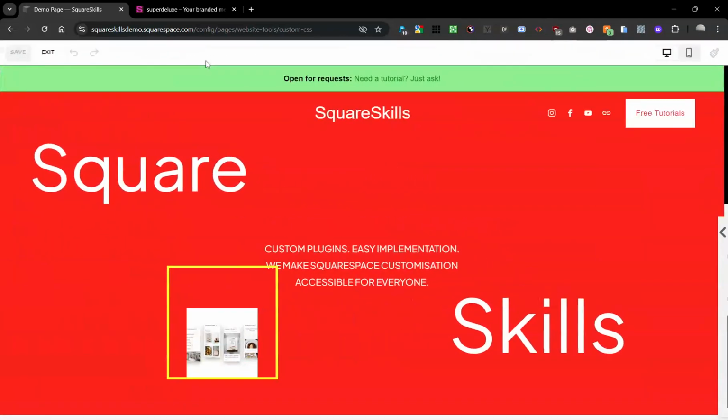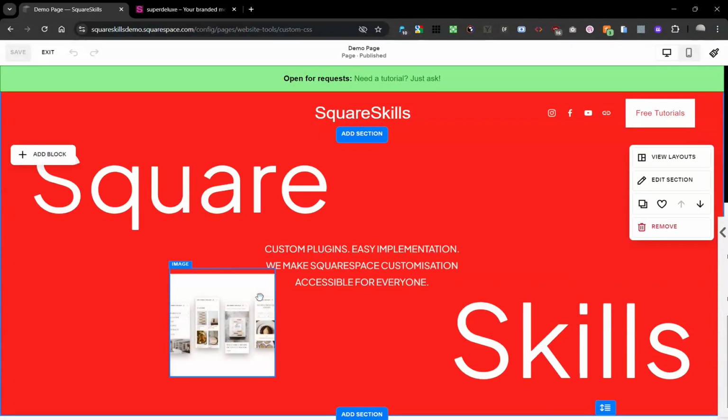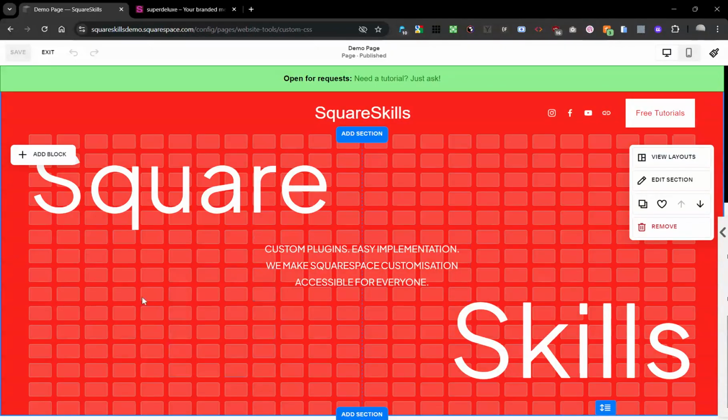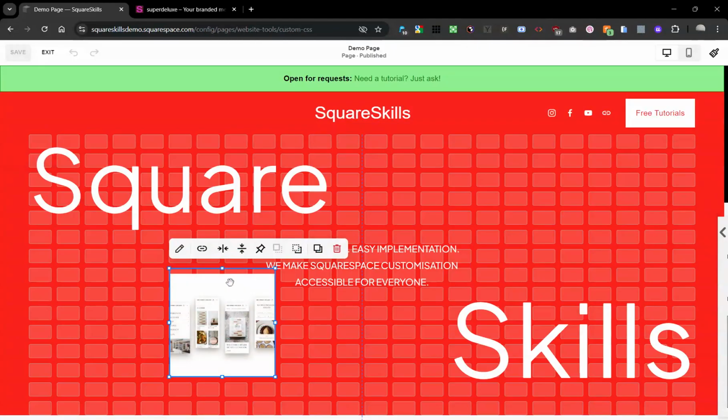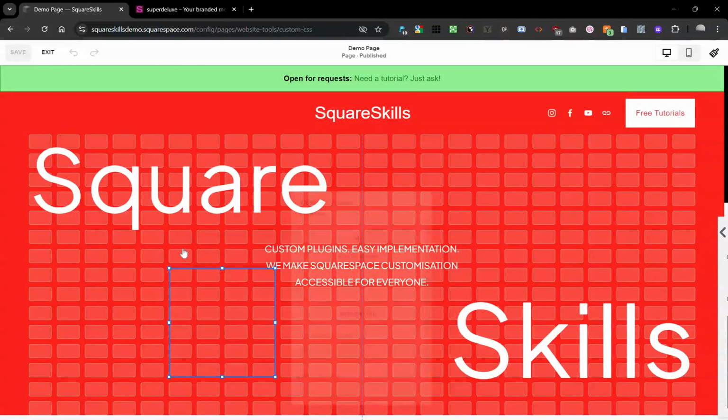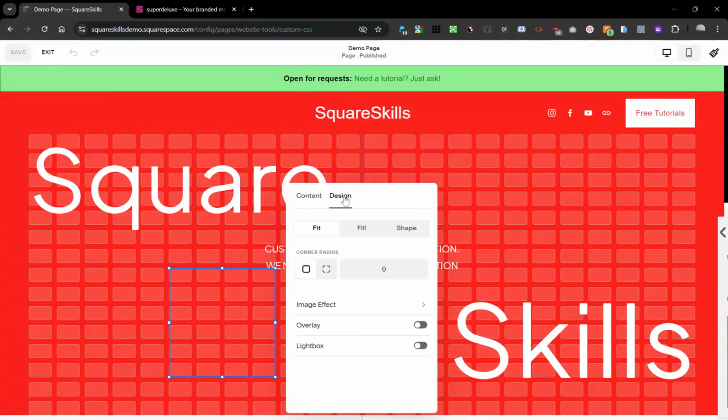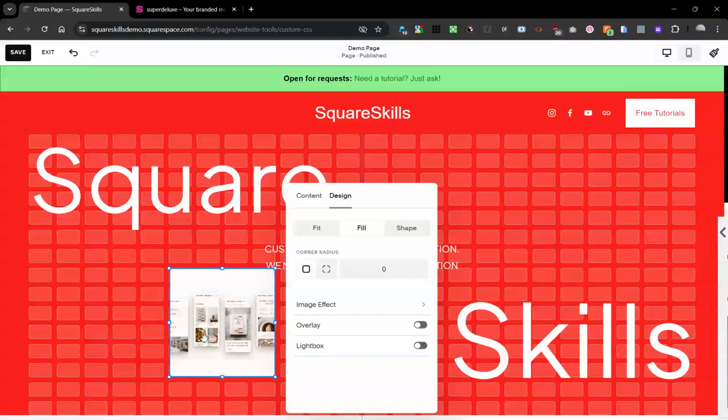Well, if I edit my page, I can see that that yellow area was the image block. It's the space that it's taking up in the grid. Now, there's 2 ways to fix this. There's a kind of lazy-ish way where if I set it to fill, it's going to fill the entire box. And that'll be great, except,